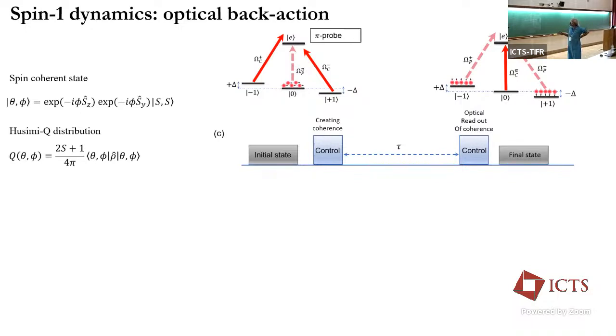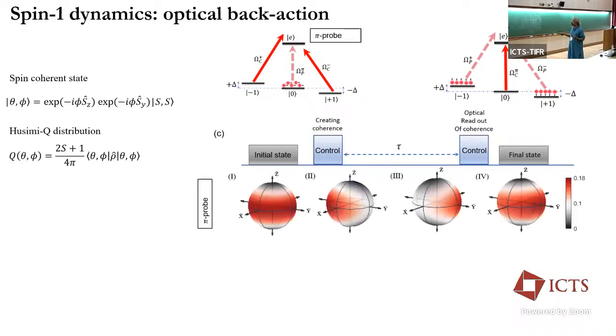It turns out that two different things have different effects. For example, you can see that here the atoms are in the middle. There are these control fields, two of them, actually pushing this. So the light shift effect I was mentioning will be magnified for this, so there will be more back action noise, and that is still there. Whereas in this case, the atoms are being pushed by weaker fields.